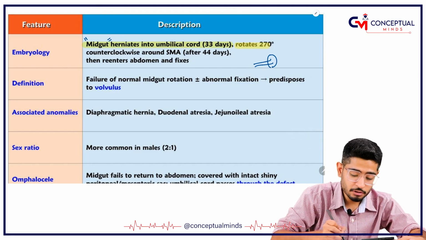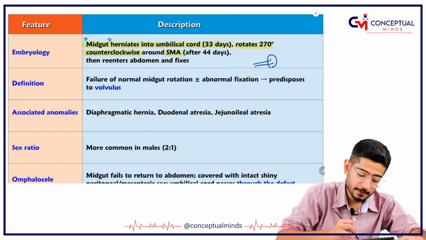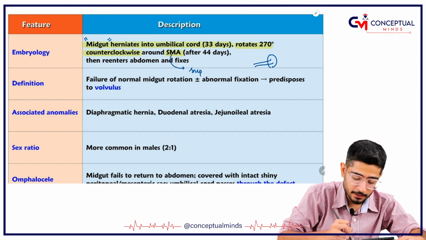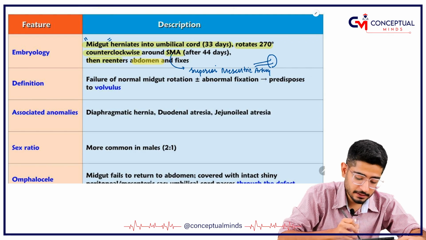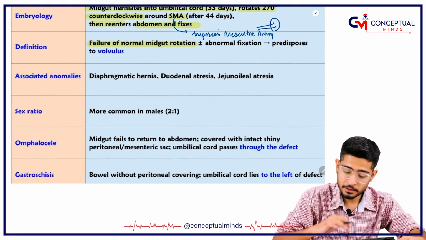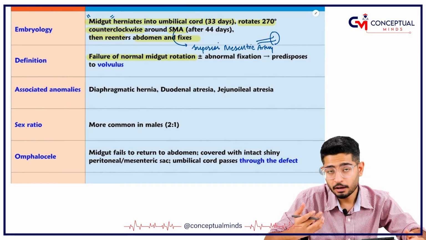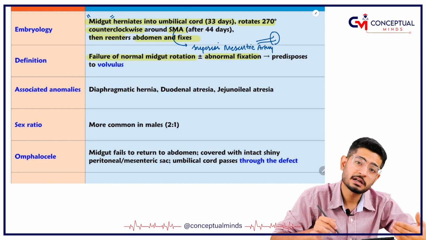It is going to show a rotation of 270 degrees counterclockwise, or anti-clockwise, around the superior mesenteric artery. Along the superior mesenteric artery, it's just going to show this rotation, okay. And of course, it's going to re-enter and then it is going to get fixed. But failure of midgut rotation, if it is not properly rotating, and abnormal fixation, is a risk factor